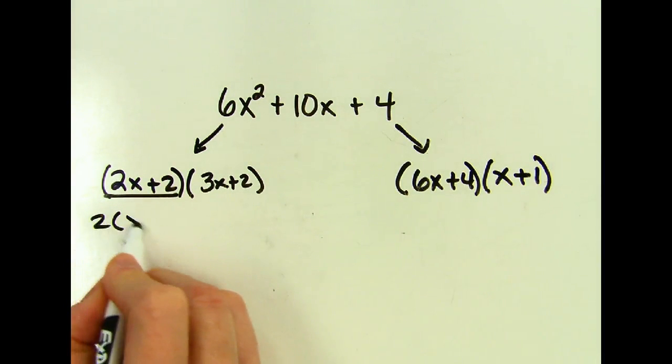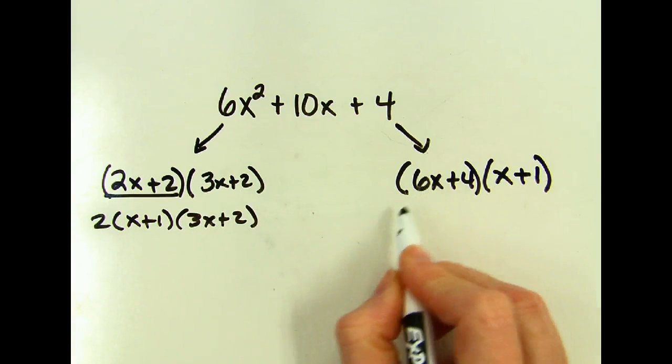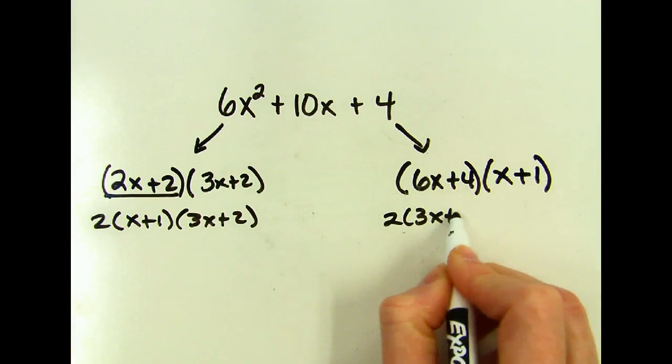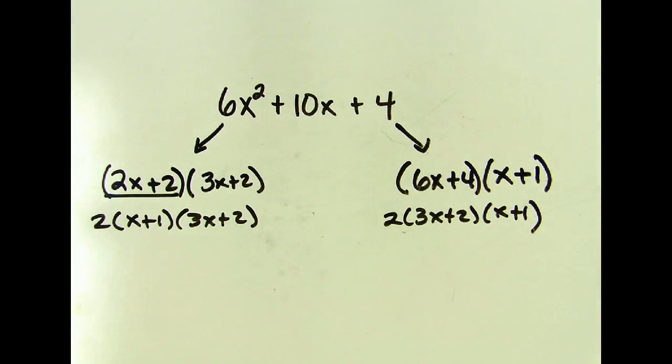This will take a 2 out of it, and this will take a 2 out of it. And even though they are in different positions, it's the same factors. So that's why it says factor completely. This concludes this